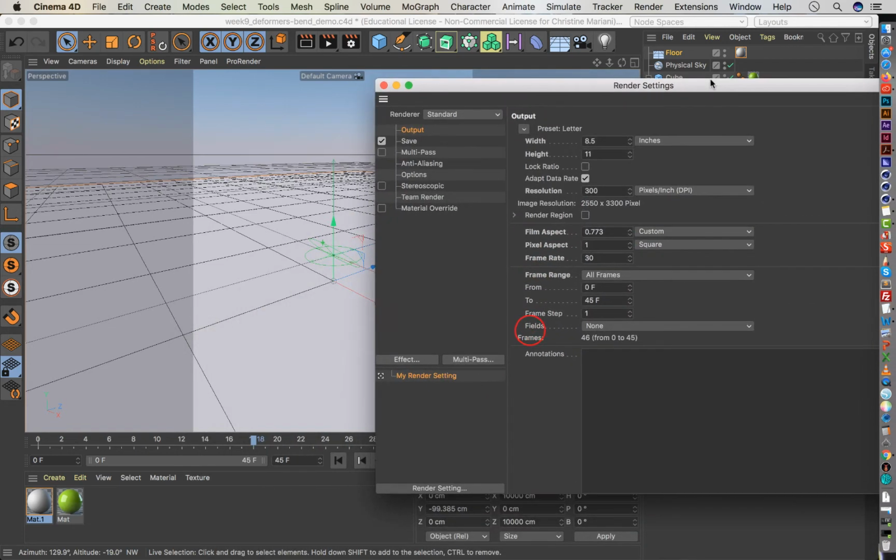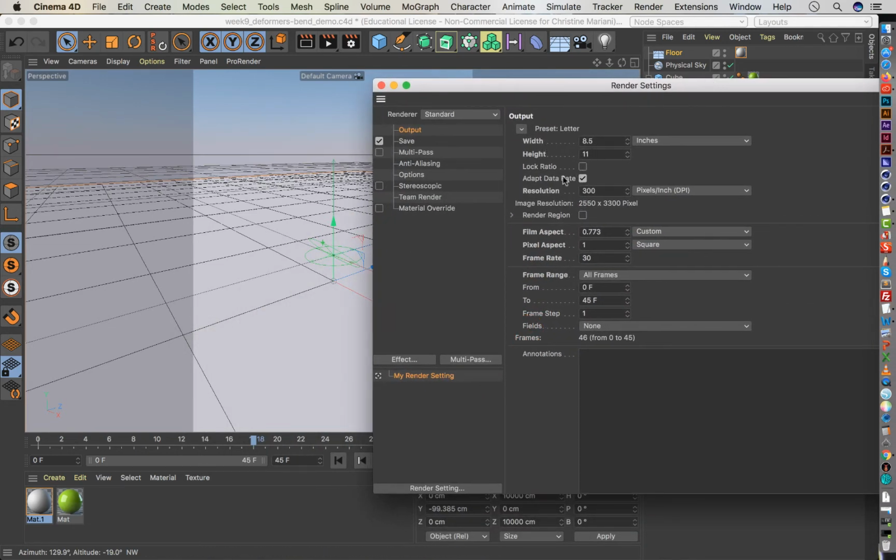My render settings here say 8.5 by 11, resolution 300 pixels per inch, DPI. That is what you would want if you were printing it. Normally 72 DPI is what we use for animation and for things that are going to be used digitally. If you were printing it, it needs to be 300. That would be the big difference here. So 8.5 by 11, which again is a standard sheet of paper size, resolution 300 DPI,